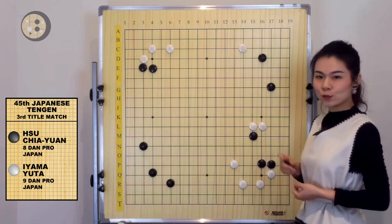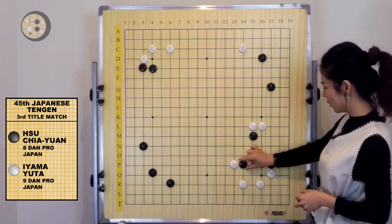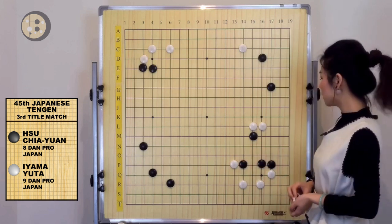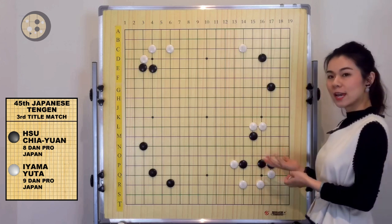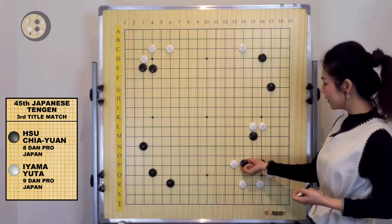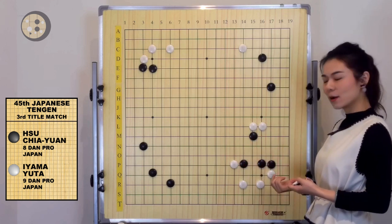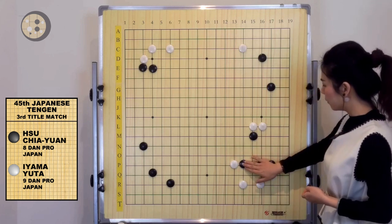So Chia-Yuan played a very good move, attach, which is very surprising because usually when you try to protect a group, you want to put your stones on the outside. But he played a move inside. Why does that move help? Right. So the purpose of this move is